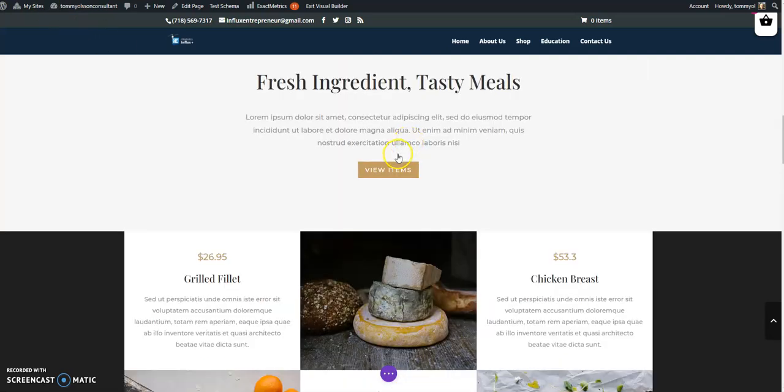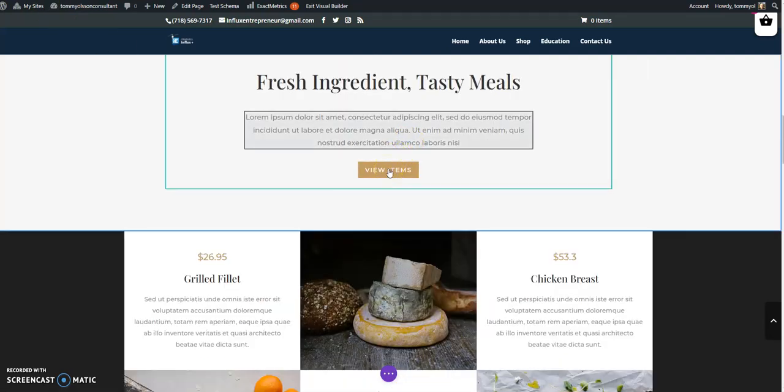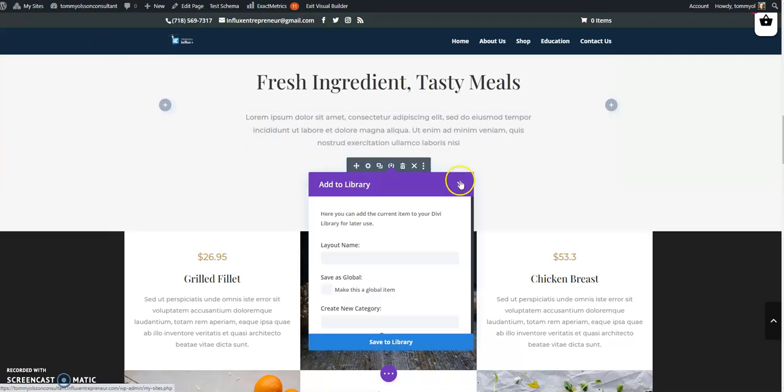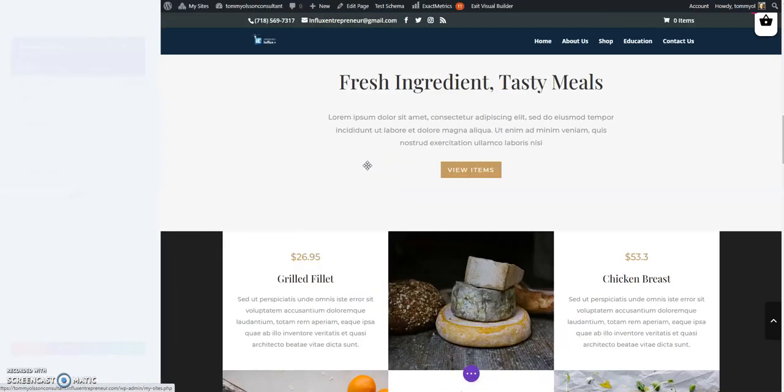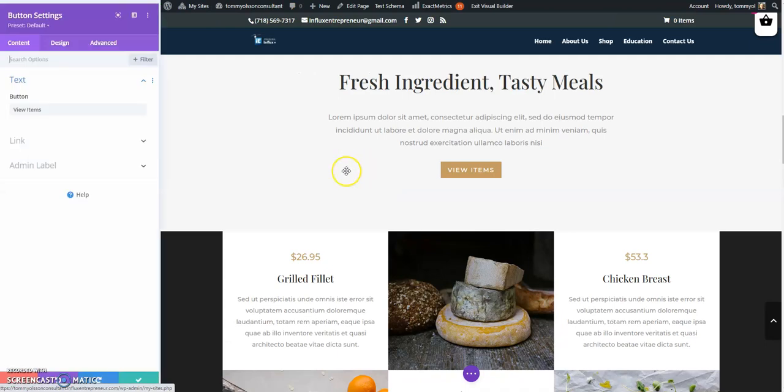You can also change the color of buttons, such as this one. You just click on it. Then you click on the wheel. And you can set up the link and all that, and you can click on design.